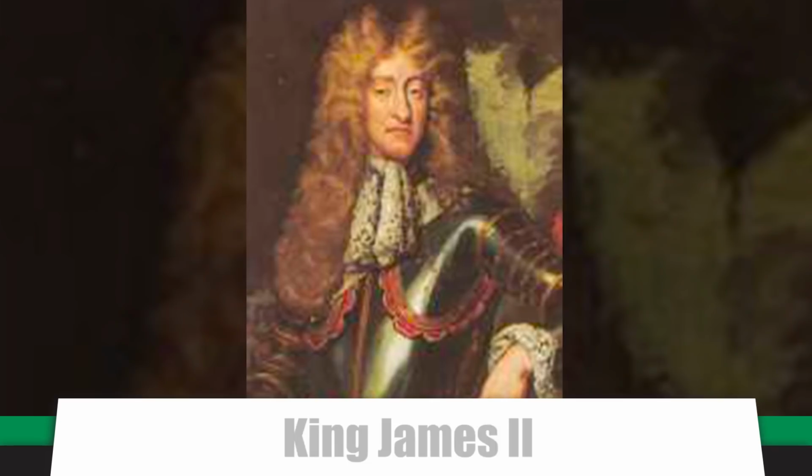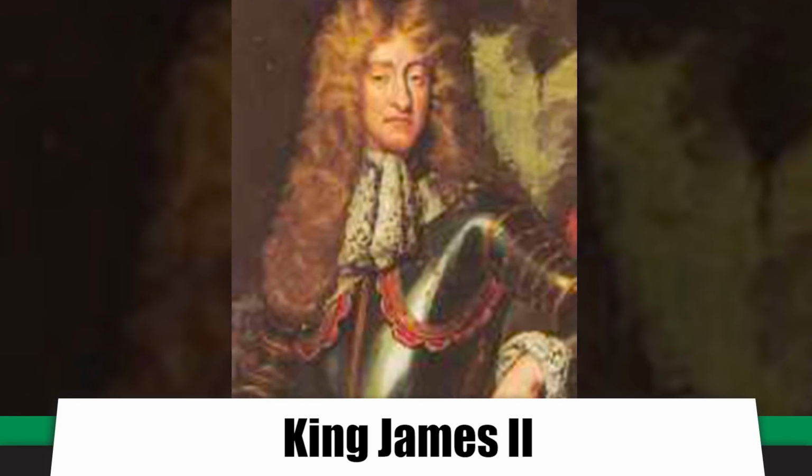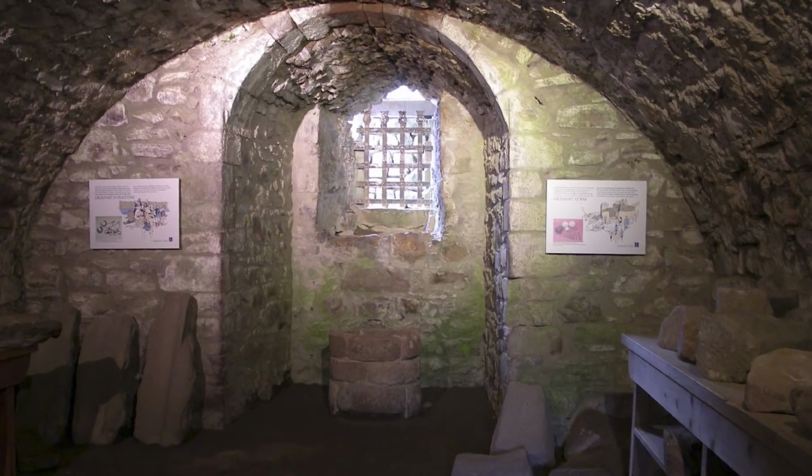These were the supporters of King James of the House of Stuart, the last Catholic king of England and Scotland, who had been deposed in 1688. Several striking remains of the castle are still standing, though. One can visit the Grant Tower, 5 stories high, or the prison cell in which prisoners were kept awaiting trial,